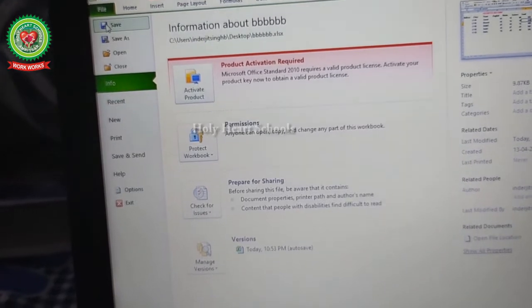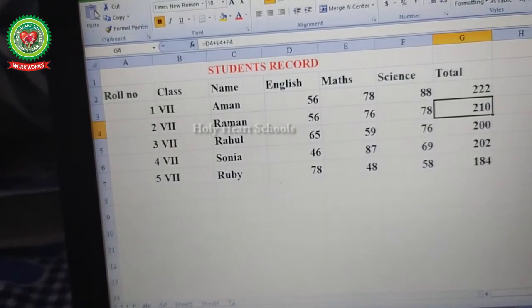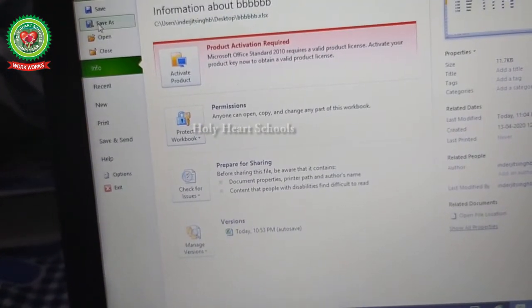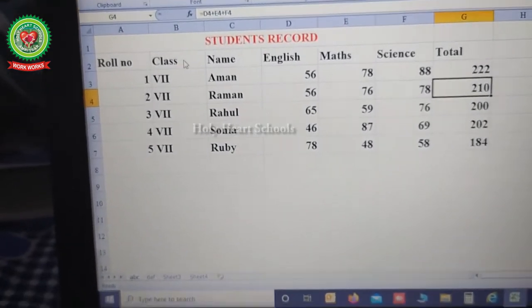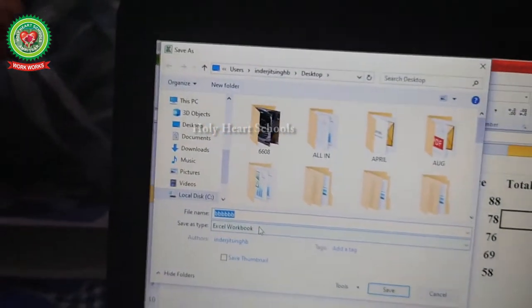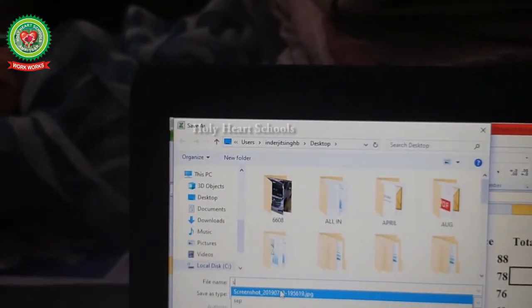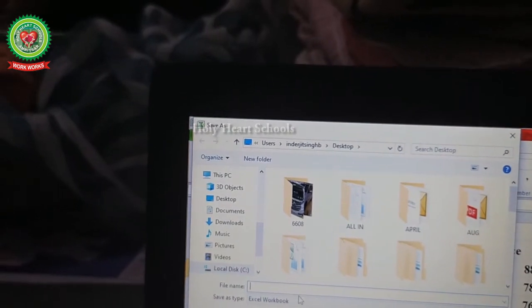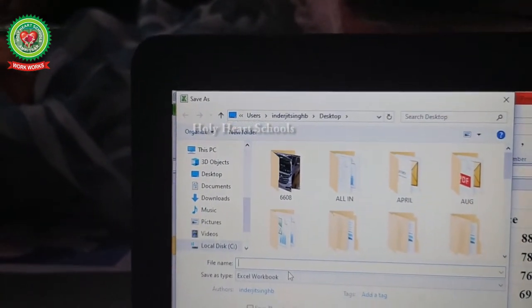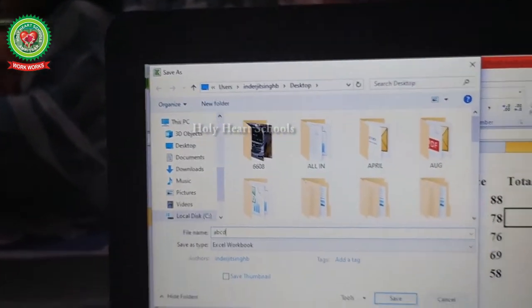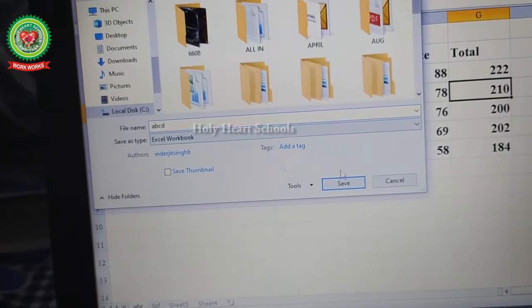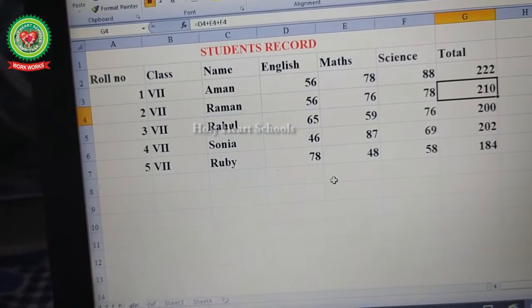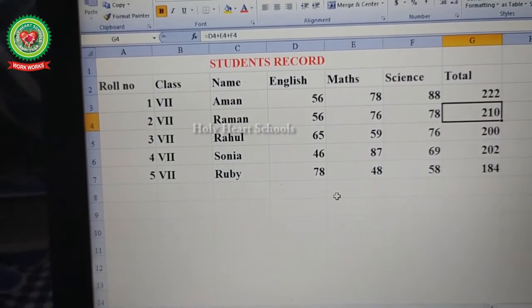Click on the Save option. Type the name. Click on the Save button. So these are the steps to save your workbook.